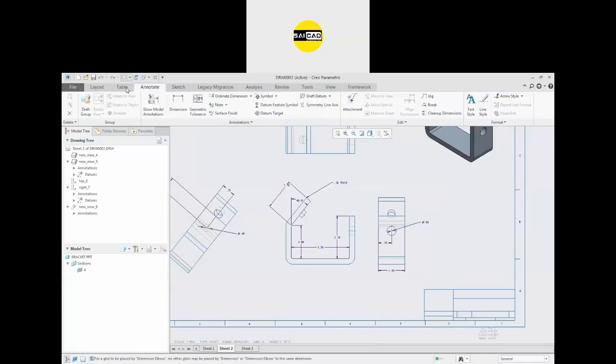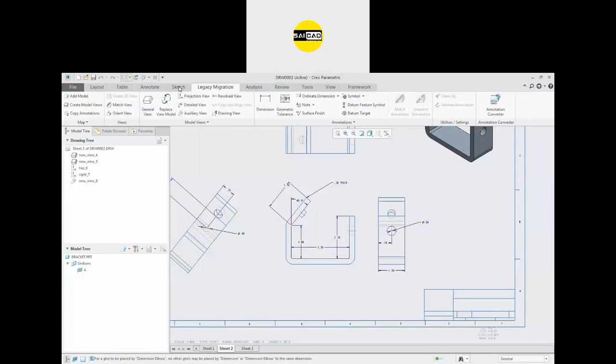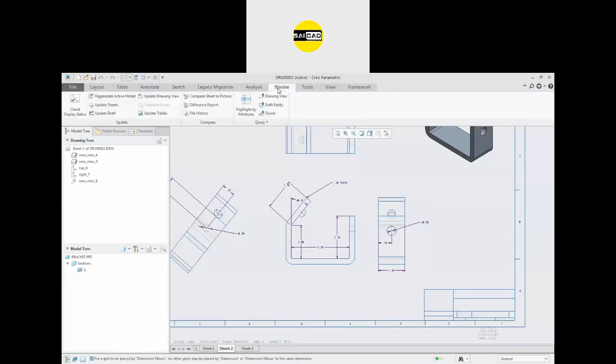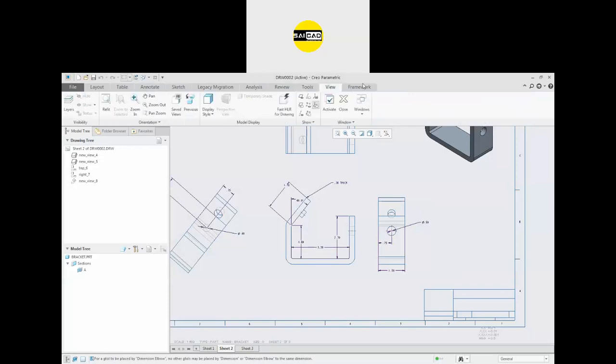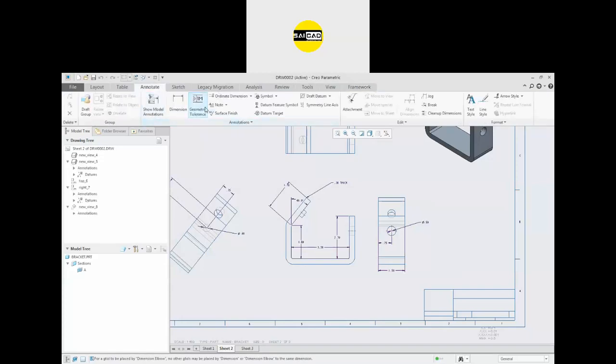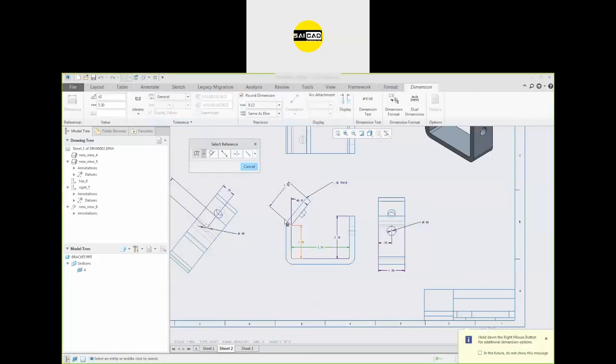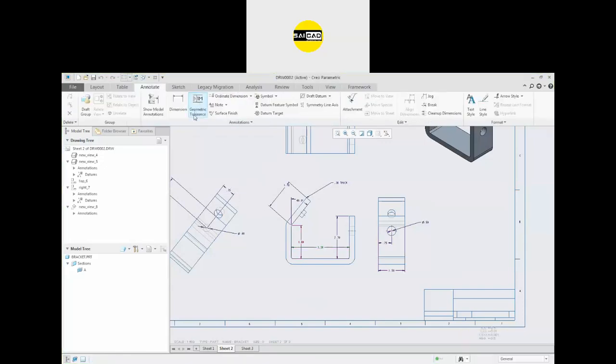annotate. Wait for a second. Okay. Now you can see when I select an object first.